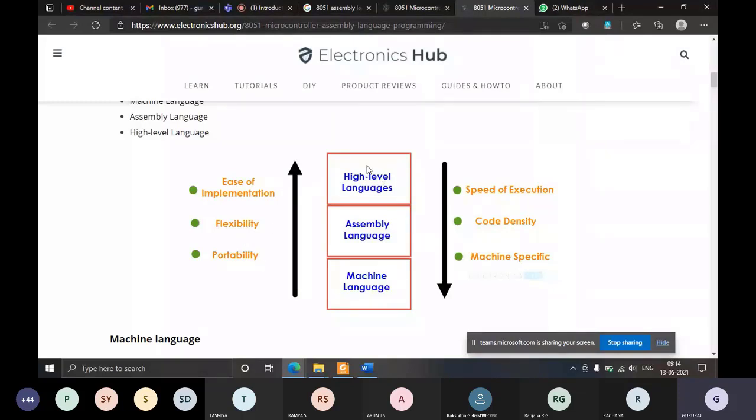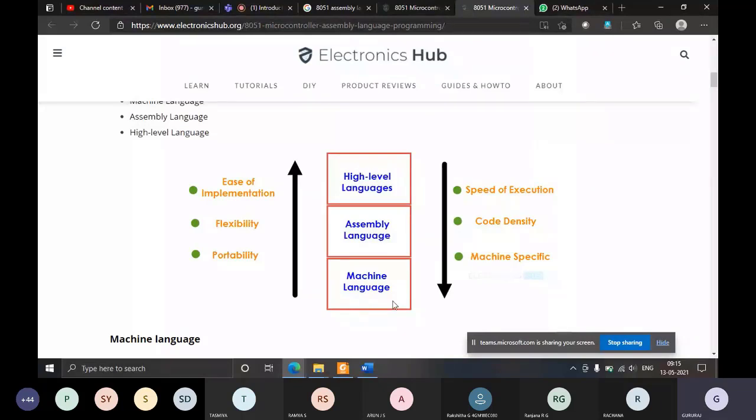Portable in the sense that the same high level language code that you have written, you can use to run on a Cortex M3, as well as an 8051, as well as some other processor, because these high level languages are not machine dependent. They are not device dependent languages. C, C++, Java are not device dependent languages. So they can run on a PC with Intel processors. They can run on a PC with AMD processors also. So they are device independent, high level languages.